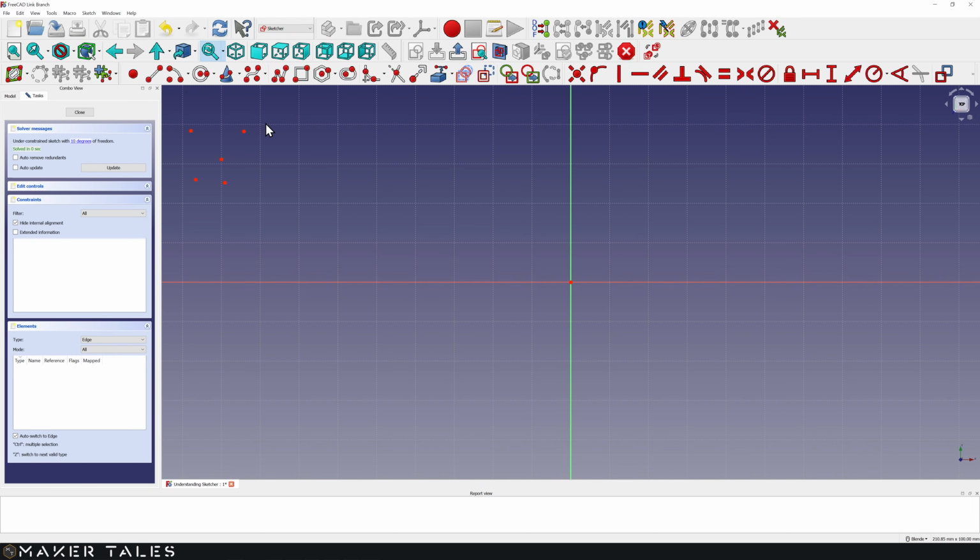Now we'll quickly cover selection. Selection is super simple. Left click to select one, left click to select another. You don't have to hold down any key to select multiple things. When you click away from something, that will deselect everything, and then we have our simple click and drag selection box to select many. To delete, it's just the simple delete key.